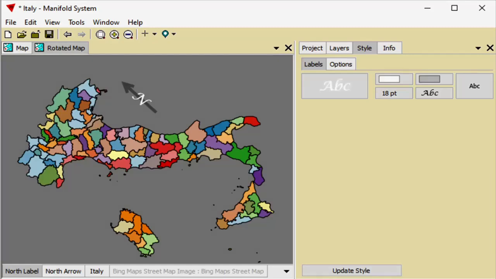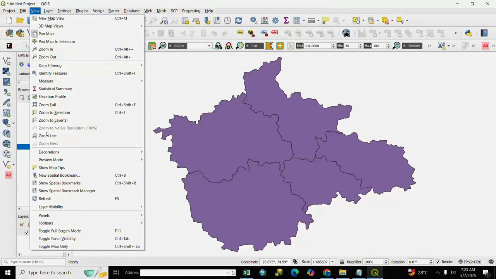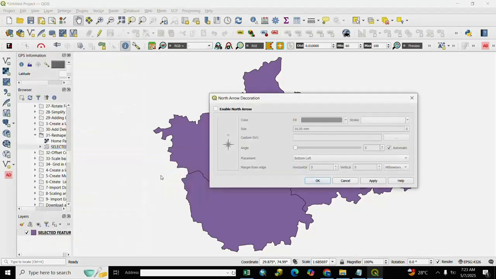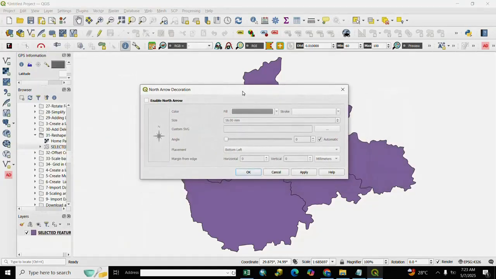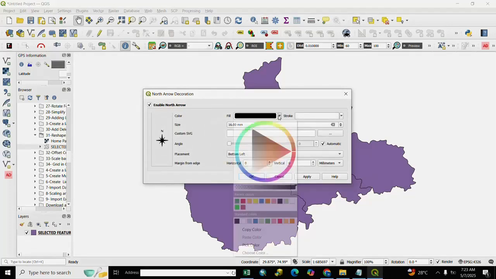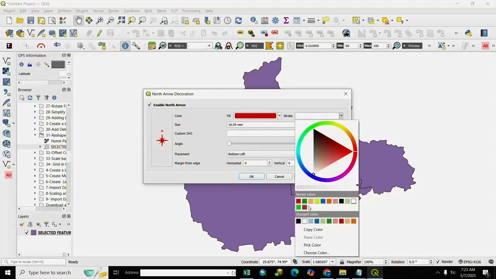So let's start. Here is our data for North Arrow decoration. We go to view. After view we go to decorations and we select here North Arrow, and here is North Arrow dialog box. We enable it, we tick on enable, and color we choose color as per our requirement. We select here red color, and stroke color we select green,